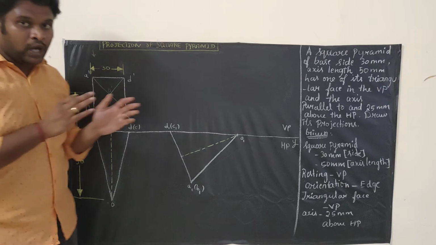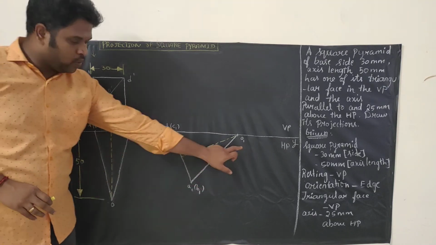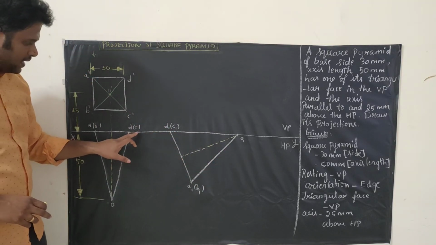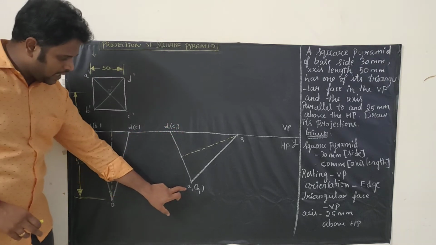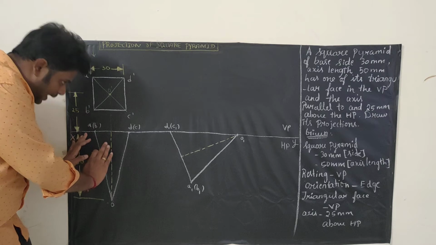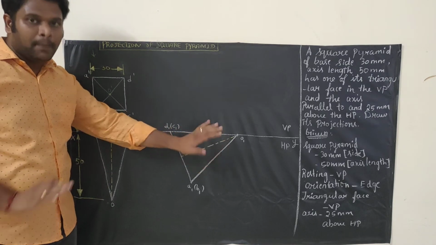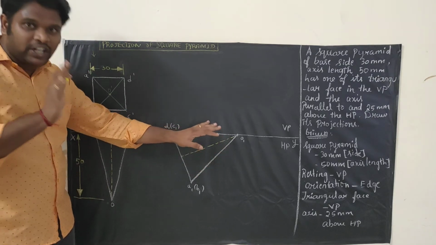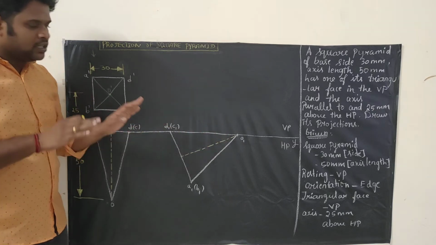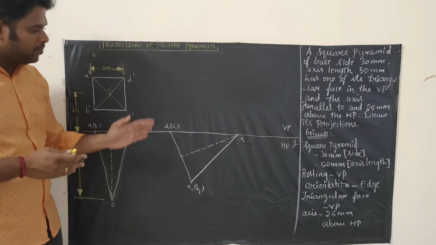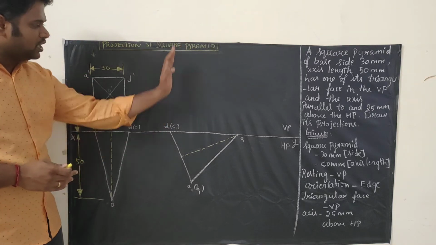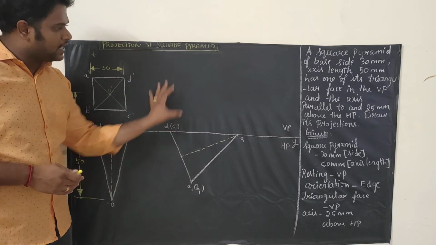Now I will explain how to name the points. So O means O1. Here see DC. Okay, so here D1, C1. Here AB means A1, B1. The same triangle we are going to represent here, but we are placing one of the triangular faces in the HP and drawing. I think this diagram is very clear and it's very simple too. The next step will be projecting all the points vertically as well as horizontally, and we will be getting the solution here.